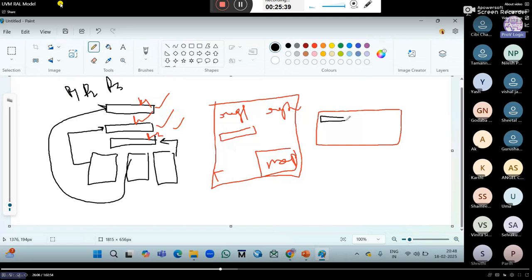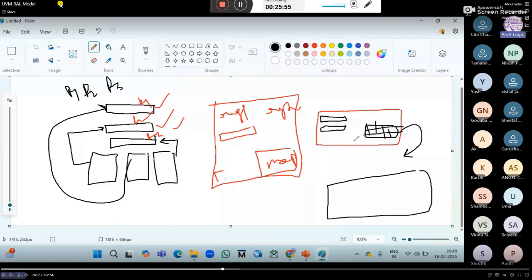First I have written the register fields, right? We'll have the register fields and we will have the memory blocks. This one is a memory block. This register block will be there in the memory map.